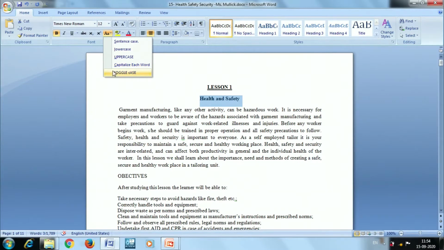Toggle case will do the reverse of whatever is present. If the contents are in lower case, it will make upper, and if they are in uppercase, it will make lower case. I want my content in uppercase, so I am choosing the uppercase option. So here my title has been made full caps.